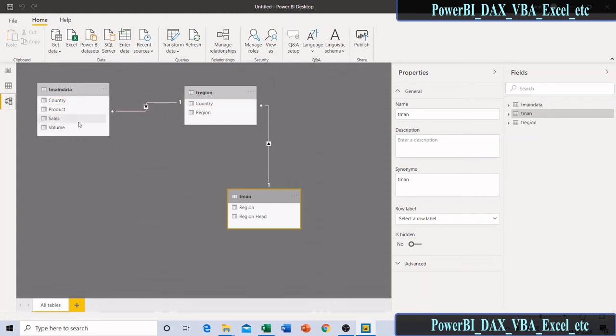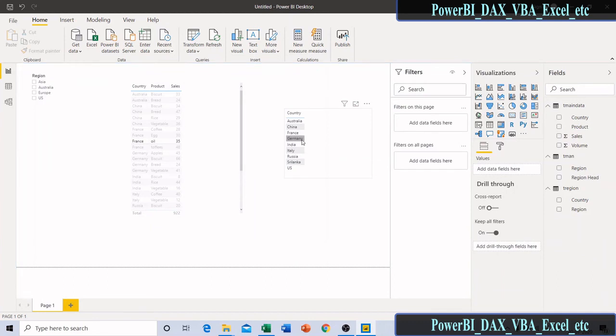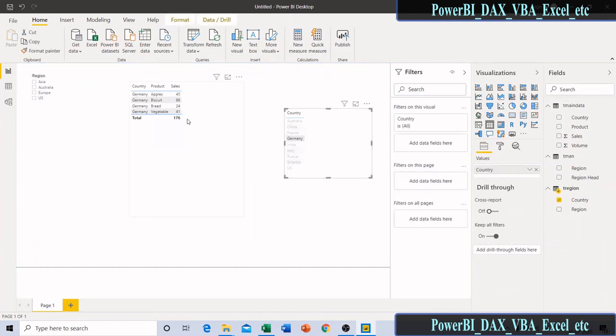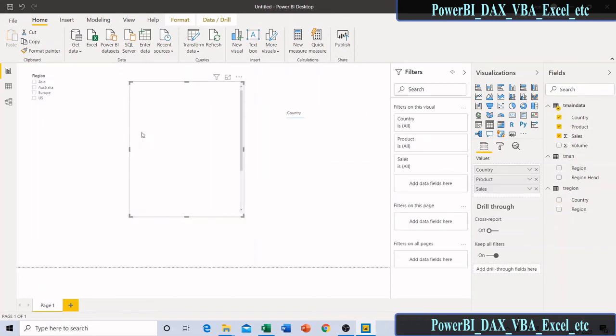So when I am applying a filter here, it will not go from here to here. So nothing will happen. If I am clicking here, nothing will happen. But if I am clicking here, then it will filter the other table. But in some cases, when I am clicking here, I need to filter here as well. So what should I do?